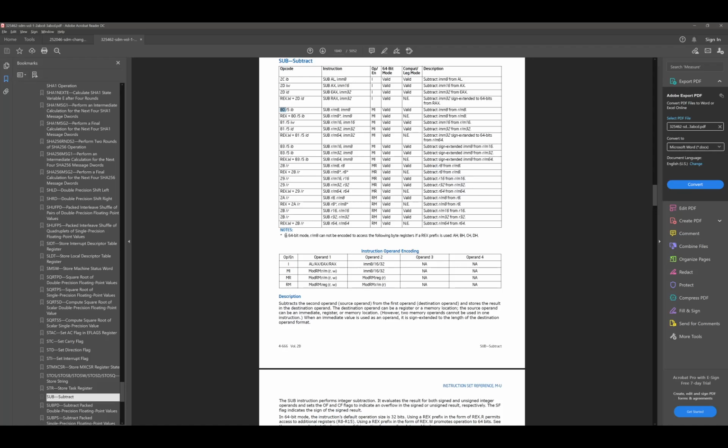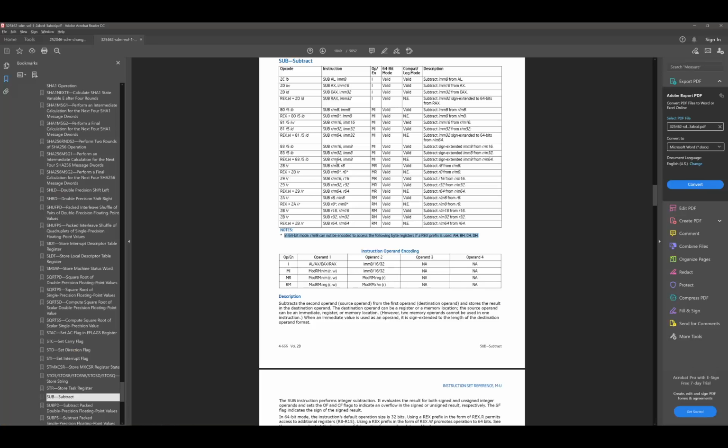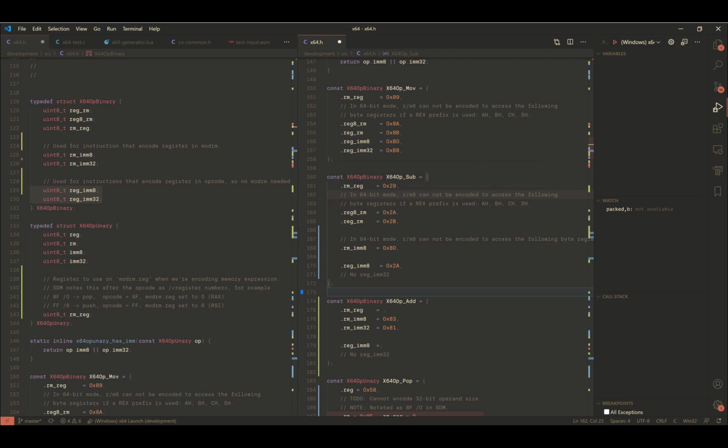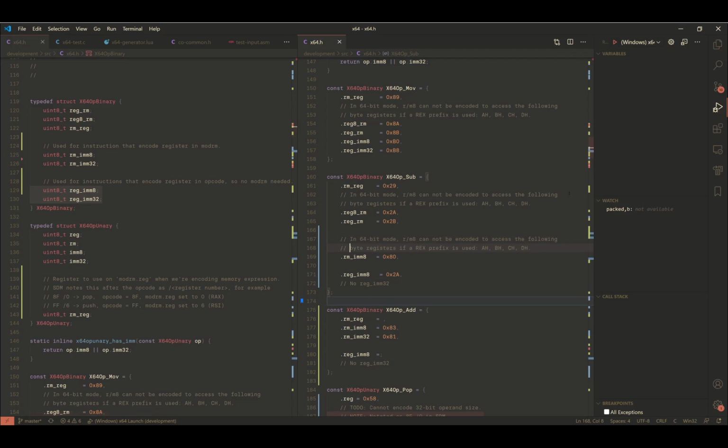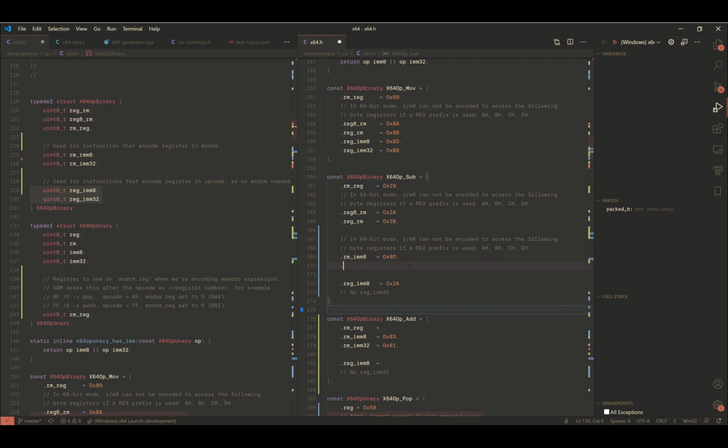Yeah, it does a 64-bit mode. What's this note? 2A, what is 2A? Yeah. But that's one, and then we have RM IMM32,